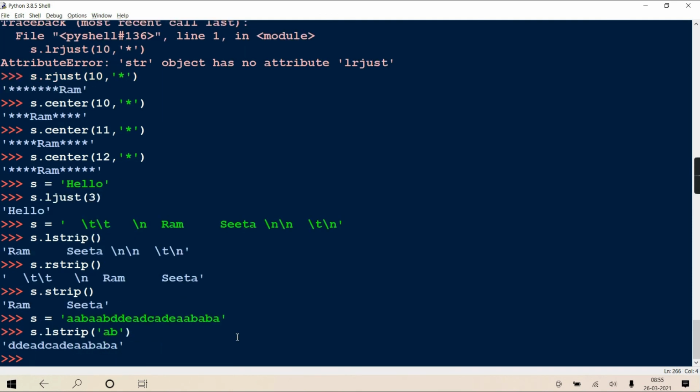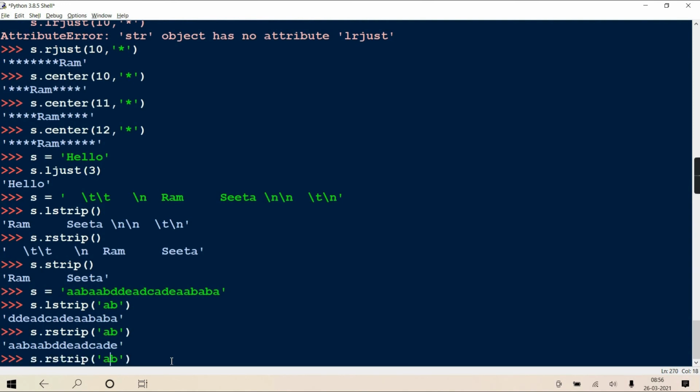See, same if I use rstrip. It will work from the right side: A, B, A, B, A, E. Now E is not present in AB, so it will stop at E, and from there return the whole string.